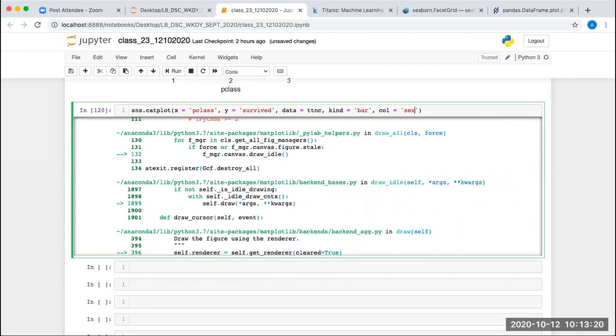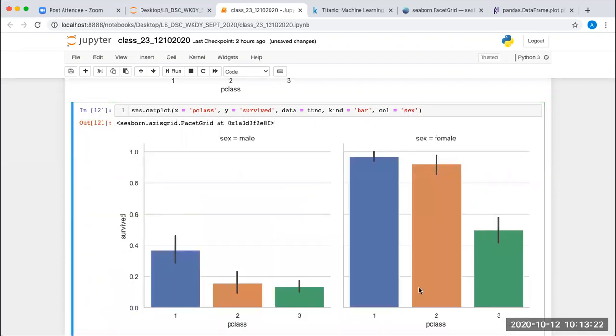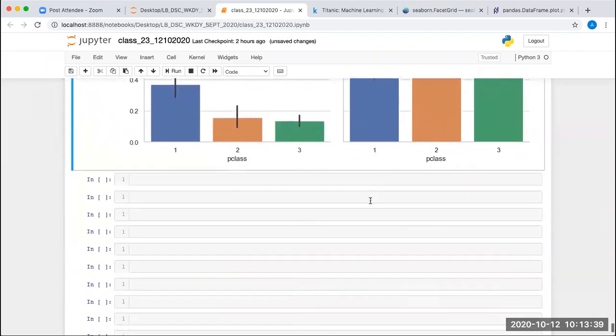Fare will not be a single, fixed value. It will be a different value, right? So it cannot be plotted here in the categorical plot. Fine, everyone. Any questions?